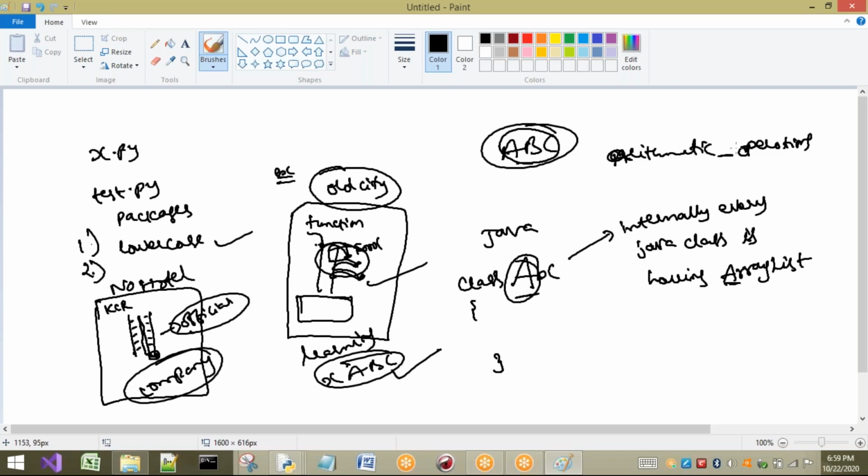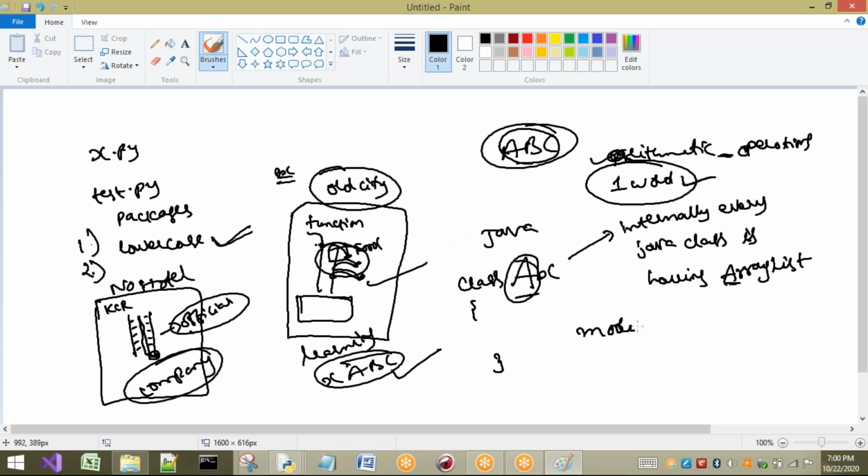Next, generally we will see only one-word package names. So it is recommended, if you want to create any package, better to take only one-word package names. All these are recommendations only. Is it compulsory? It is not compulsory. These are all recommendations for you. Better to write lowercase. Package name is lowercase. If you have two different words in a package name, separate them with an underscore. Better to take only one word. Generally, if you see any package, there will be only one word. Right, this is about packages.